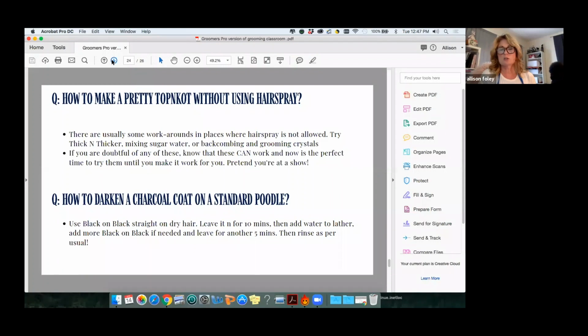How to darken a charcoal coat on a standard poodle? Well, other than dyeing them. Anytime I'm going to try to get a black dog blacker, I'm going to use Black on Black by Chris Christensen, and they're going to be in the tub. They're going to be dry. They have not been bathed. And I'm going to put it straight on the coat, starting with the lightest areas first. Sometimes they have lighter areas like around their hip rosettes, especially if they're shaved; wherever they tend to be shaved or clippered tends to be the lighter part. I'm going to put it straight on those areas, straight on my dog, on as much of the coat as possible,